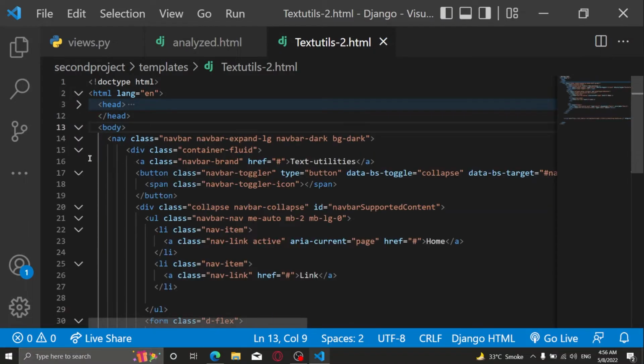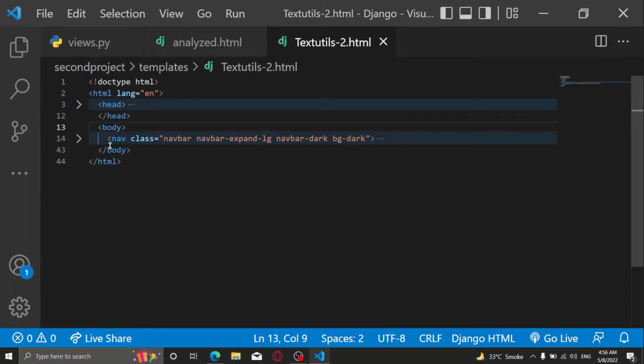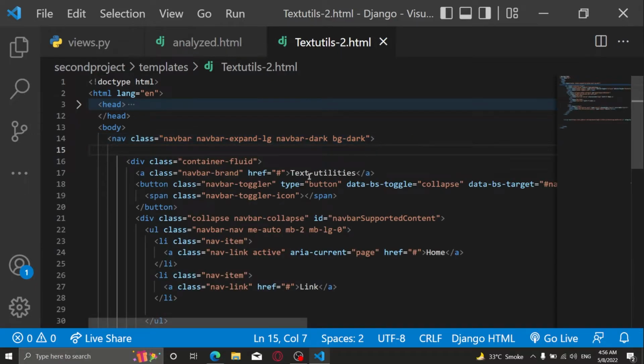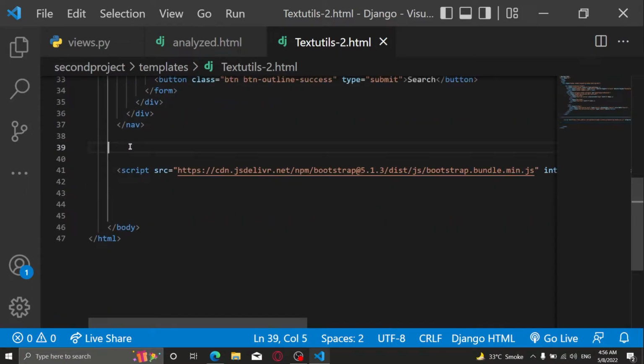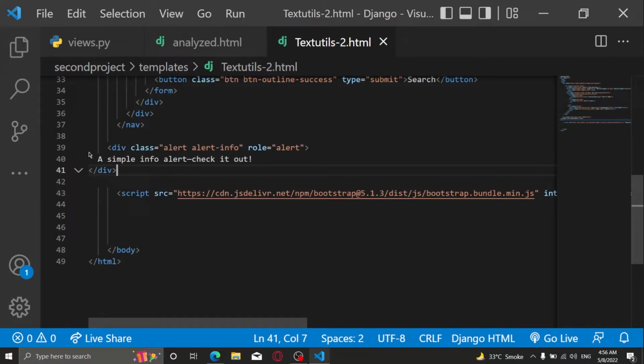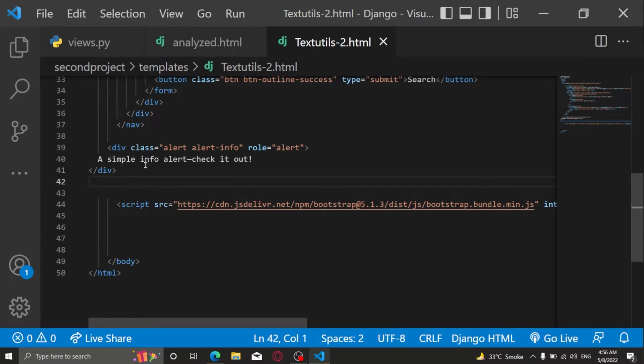Okay. It also will go inside the body. Navbar is done here. The statement. We will just paste it. Okay. We will paste it and similarly